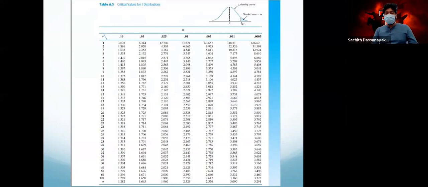This is the t table of critical values of t, because we are using alpha, that's why we call them critical values. So it is the same as how you deal with the standard normal distribution Z table. But here there is a big difference. Once you check the table body, whatever is inside, you can see these values. See, they are large values. They are not probability values. They are t values, not probability values.